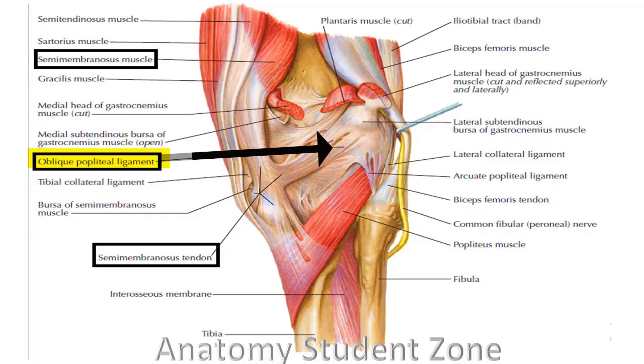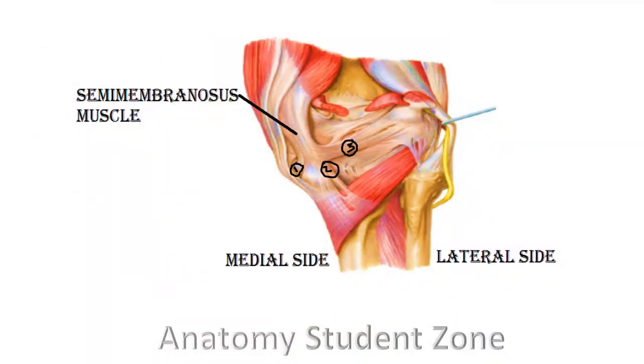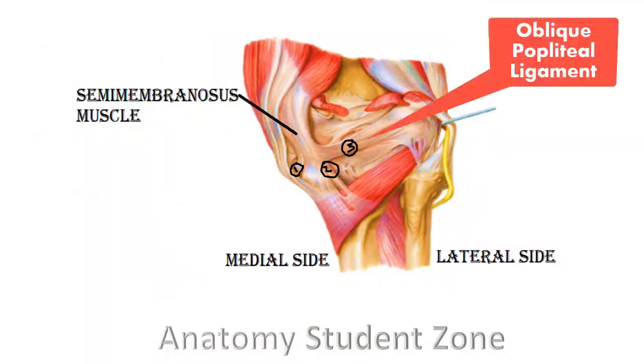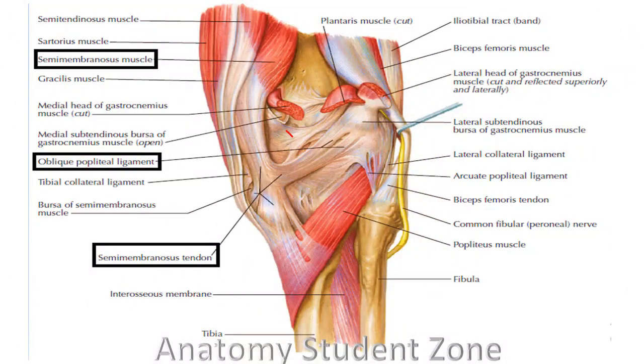So what is the function of this oblique popliteal ligament? It is going to reinforce, or strengthen, the intracondylar part of your knee joint. You can see how perfectly nature has done this reinforcement, as the oblique popliteal ligament goes from the medial to the lateral side. It attaches on the lateral condyle of the femur. In this way, our knee capsule is strengthened internally.